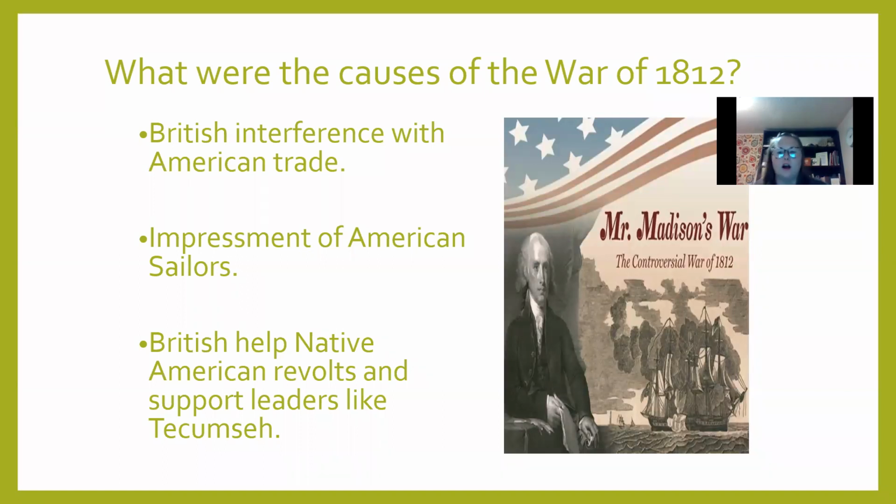All right, so we're going to start off by talking about the War of 1812. In order to really understand the War of 1812, we need to know the causes. So British interference with American trade, impressment of American sailors, British help for Native American revolts and support for leaders like Tecumseh. As settlers pushed into the Northwest Territory, conflict with the Native Americans rose. England supported Native American efforts to stop settlements, in part to keep the US away from their colonies. So at this point, Great Britain really is trying to hold on to their colonies and shrink down the United